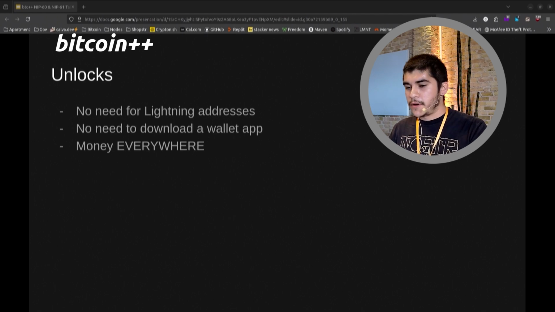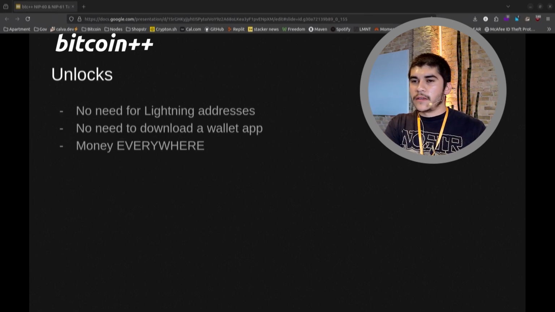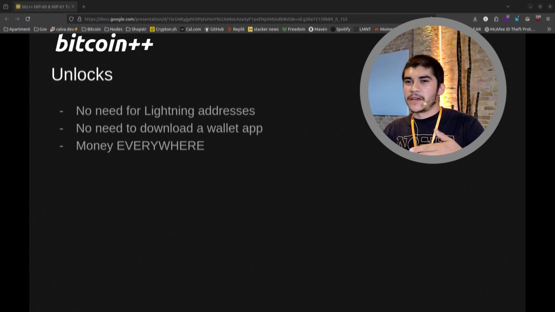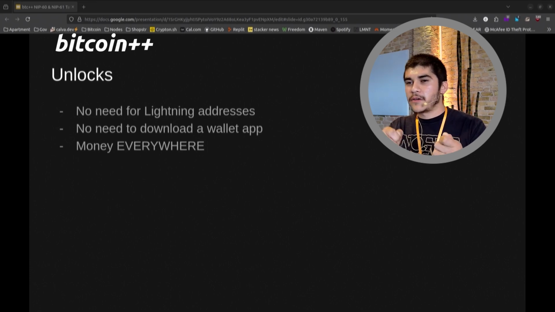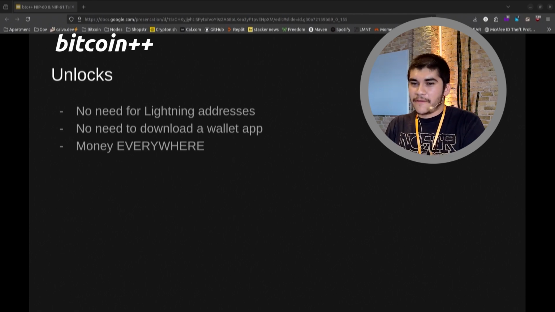Again, reiterating the point, there's money everywhere. Because you have a singular identity that you can take to any client, you can very simply carry your balance from one client to another, spend it, use it, and you don't have to worry about how to top up. On Nostr, one clunky thing is that whenever you're connecting a Lightning wallet for zapping, you have to use a Nostr Wallet Connect string. It can be a little convoluted going from one client to another, copying and pasting the string all the time and opening up new permissions for it. This way, you simply have your cash wallet balance and you can start zapping from there, because it's just based on the relays themselves.